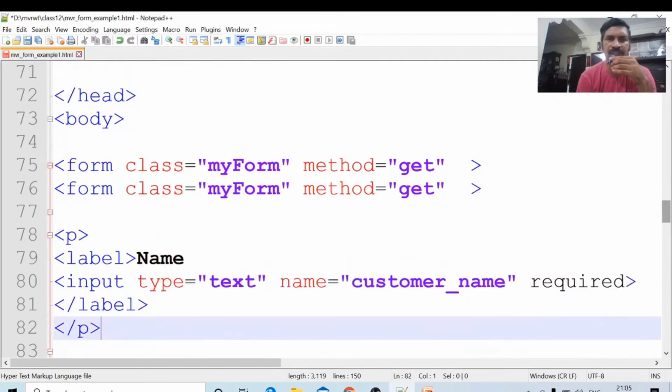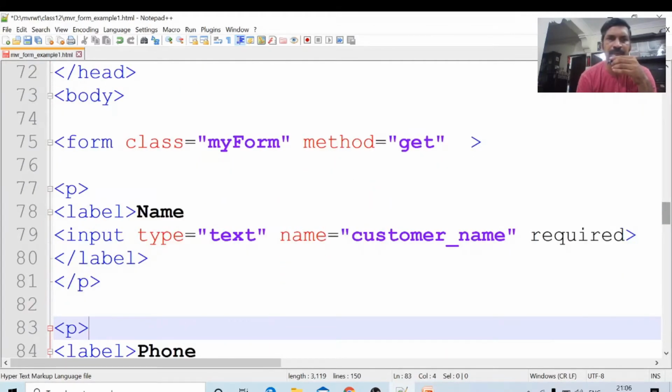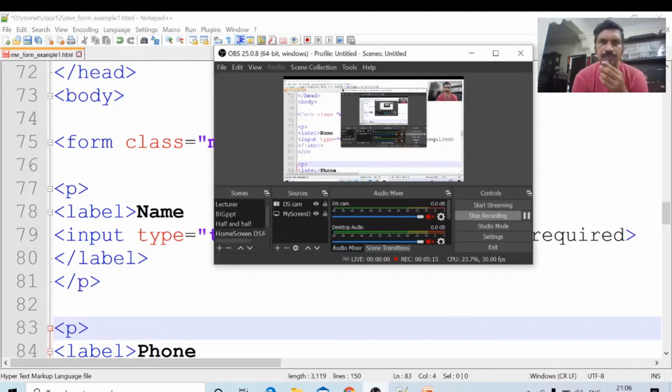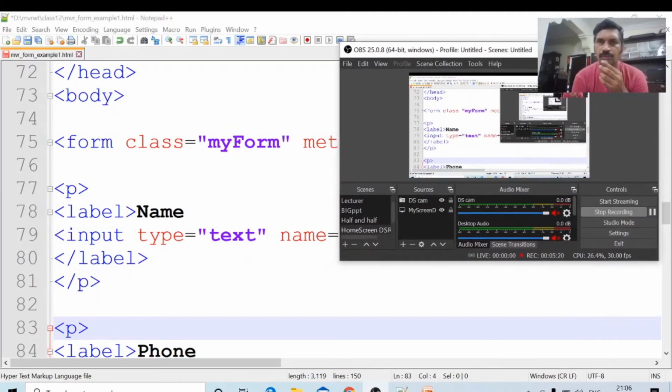This form contains first the customer name. Label, slash label, within the paragraph tag I am placing the values. Name, slash label, input customer name. Next one, phone number.